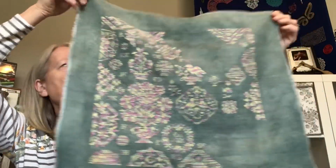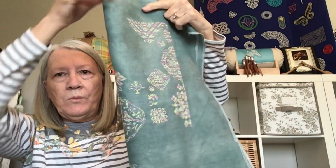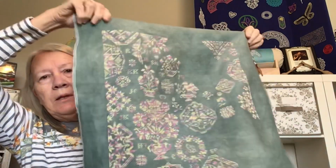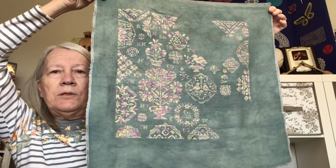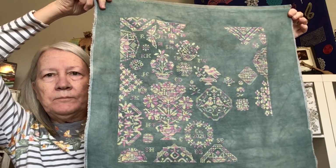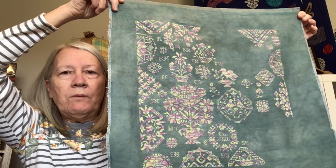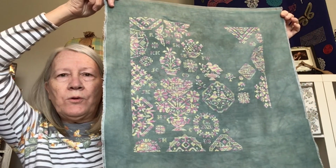And as you can see up here, that's the section that I was working on, from here down to here. There are only 3 more parts to this, so we've got to fill in the rest of that, down low and upper high there, kind of in the middle. And then it will be done. I love this. I appreciate everyone's comments on this. Everybody on Instagram, they just love it too. And grateful for all your